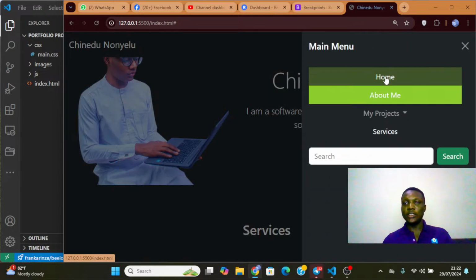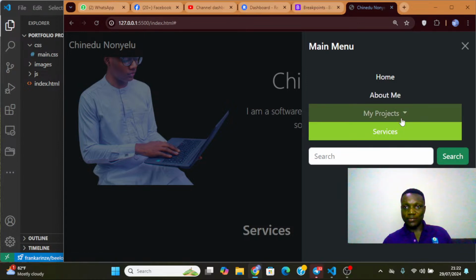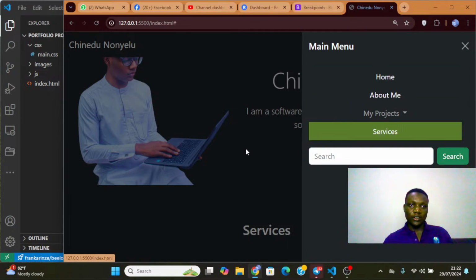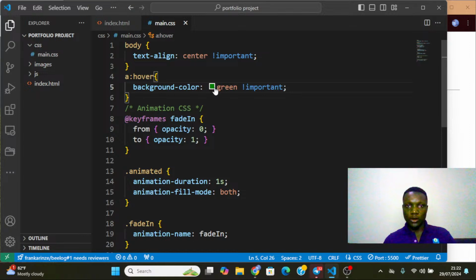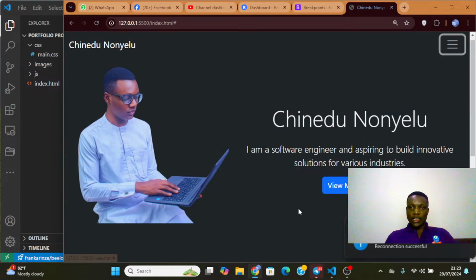So we can see what we have now. Everything is working perfectly. So we can now hover on it. But I think this green we have here is okay. I think we should also maintain the colors. So let's change it from yellow green to green yellow to only green, or rather we can just use this to get a dark green. I think this, and you can see when I hover on the button,